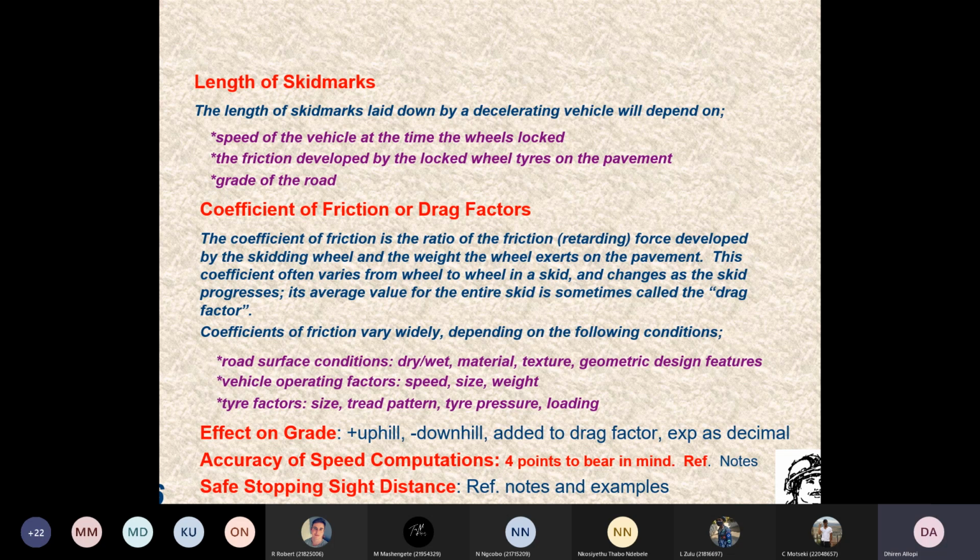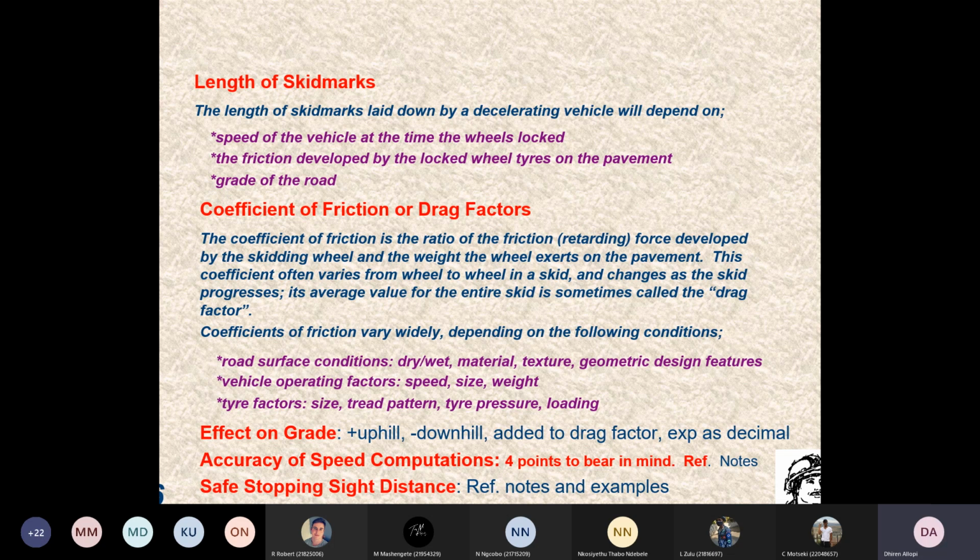So geometric features could cover that, could even cover your horizontal alignment, where we look specifically at the side distance, horizontal curves, radius of your horizontal curve. So whether it's a flat radius, sharp radius, short radius. So you've got a sharp horizontal curve, the super elevation. You would have covered aspects pertaining to super elevation, where you raise the carriageway cross section of the curve. So what happens? The outward pull or the outward effect of the centrifugal force whilst your vehicle is maneuvering the curve is counterbalanced by your super elevation, okay, as well as the frictional coefficient between the tire and your road